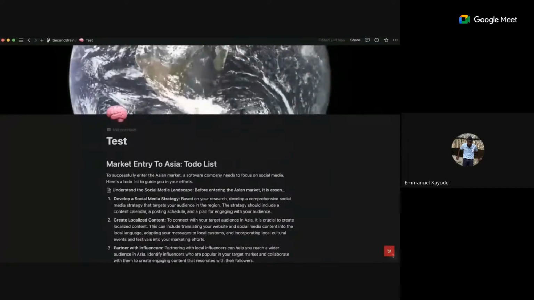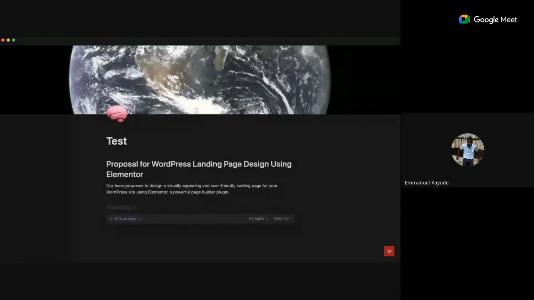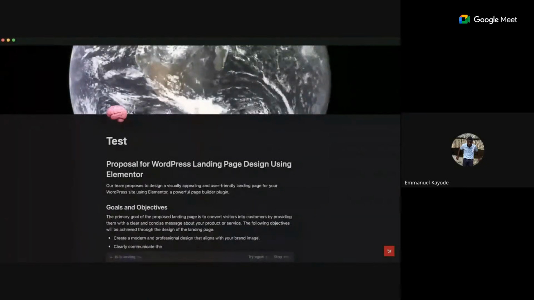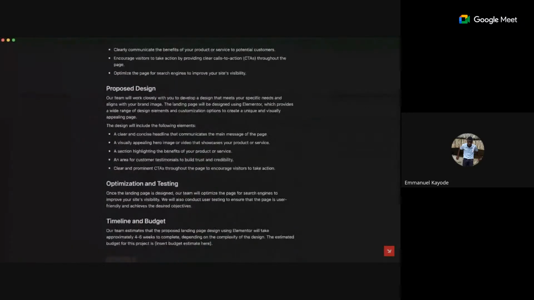What I actually use Notion for is I create proposals in Notion itself, which is pretty damn awesome, because you could just use AI. You could say, hey, create proposal text for, I don't know, a WordPress landing page based on Elementor, which is a horrible idea, by the way, guys. You shouldn't use WordPress Elementor. But I just wanted to show that it also creates, this is the wonderful part,